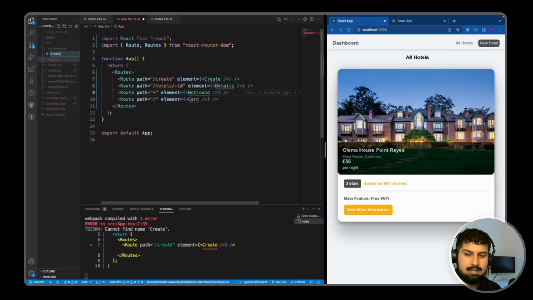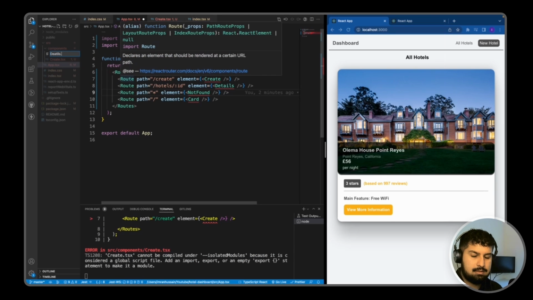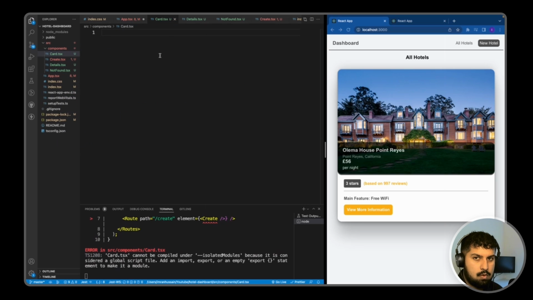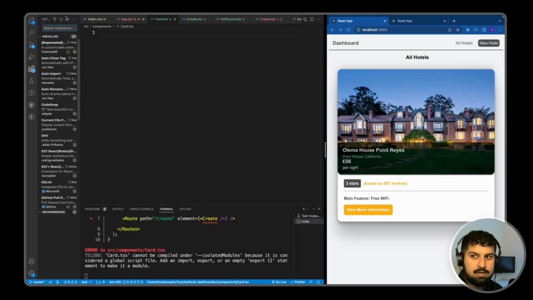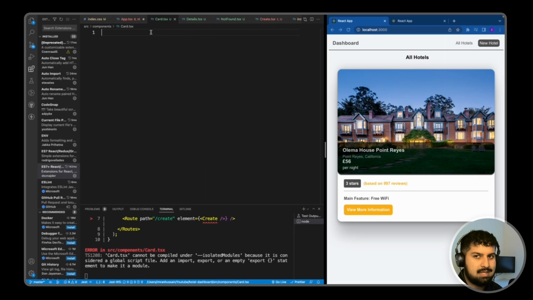And in here, I'm going to create my 4 components that I need. So I have a create.tsx. We have a details.tsx, a not found.tsx, and a card.tsx as well. So first off, I'm going to do our React functional snippets, which is this extension over here that I have, which is ES7 plus React Redux native snippets, and we can create our functional components quite easily using this. So in my card.tsx, I'm just going to do rfce tab, and then you can see here it creates the card. The same for the details, so rfce, the not found as well, rfce, and then the create as well,